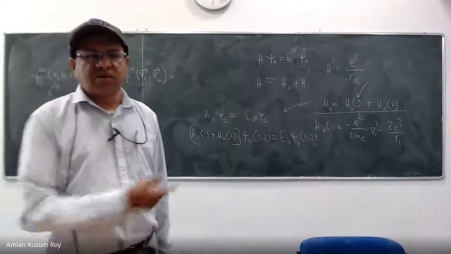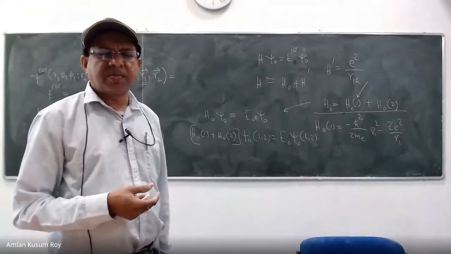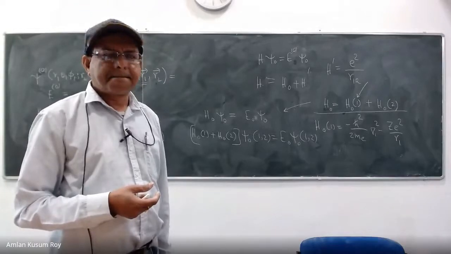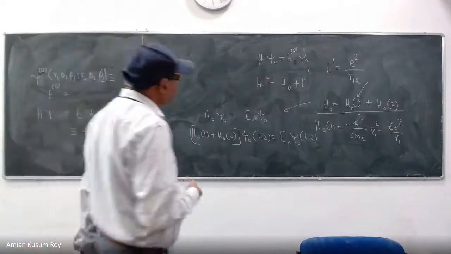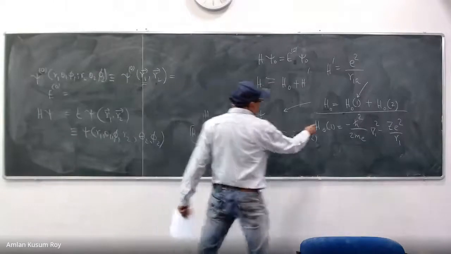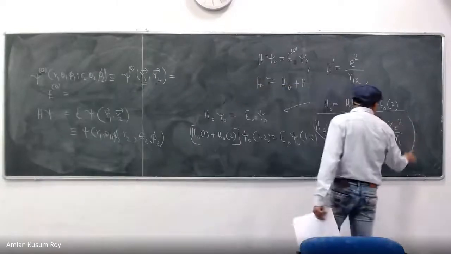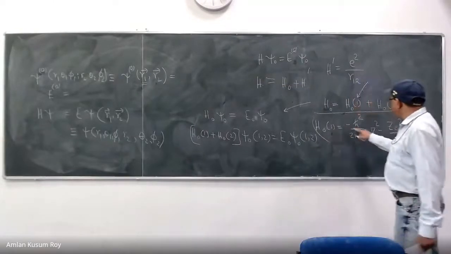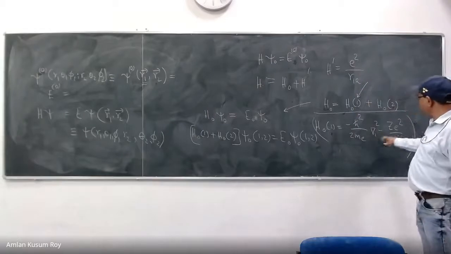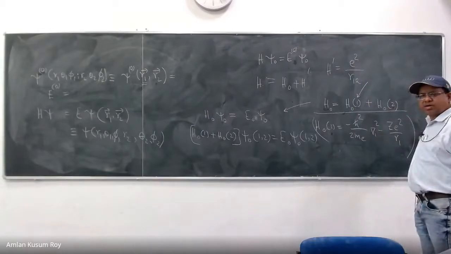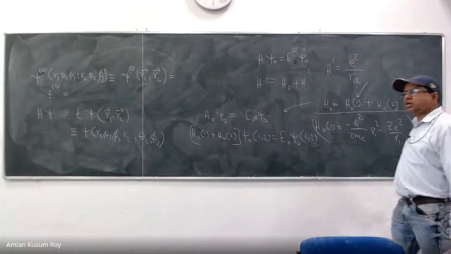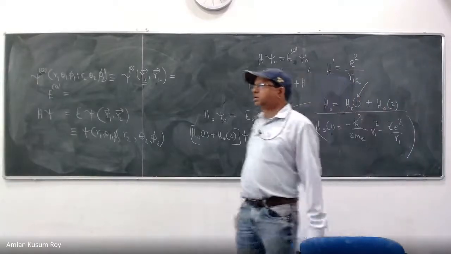So what is the solution? This is your H0, right? H01, if you solve H psi equals E psi, what do you get from here? You already said the hydrogen atom. Yes, sir. The 1s orbital. We get